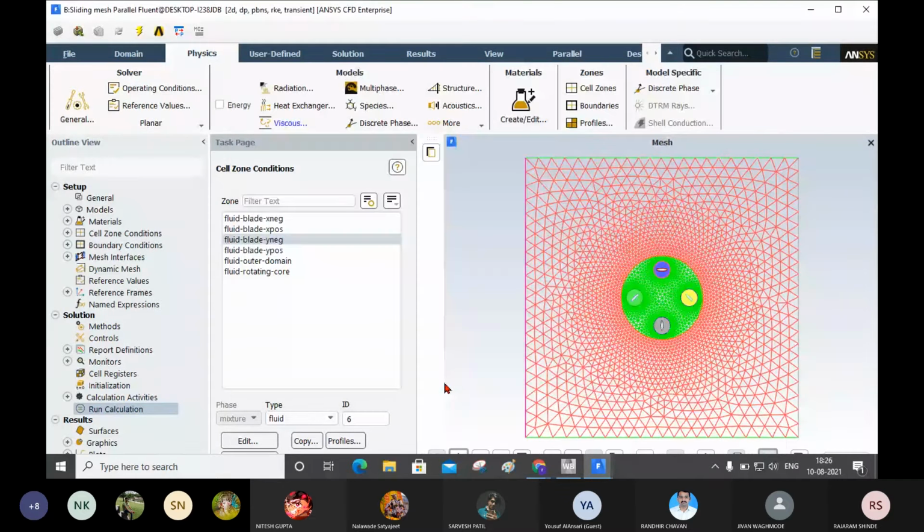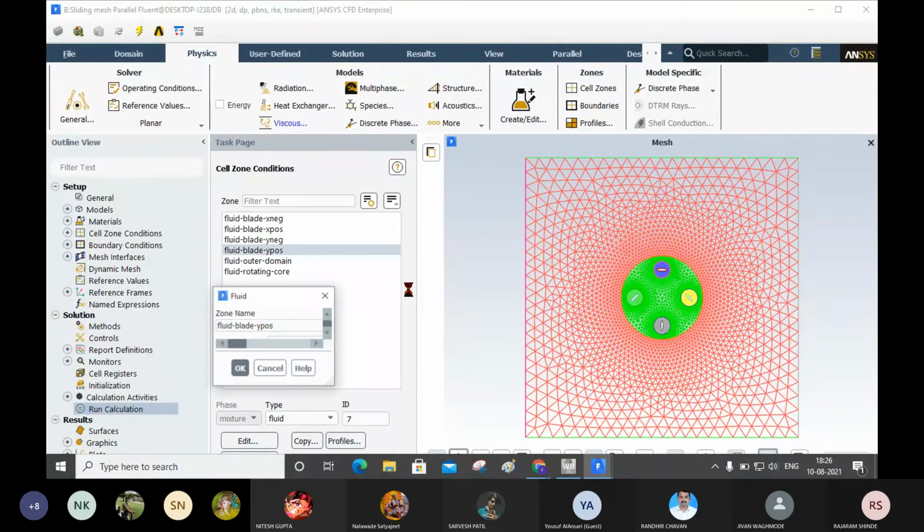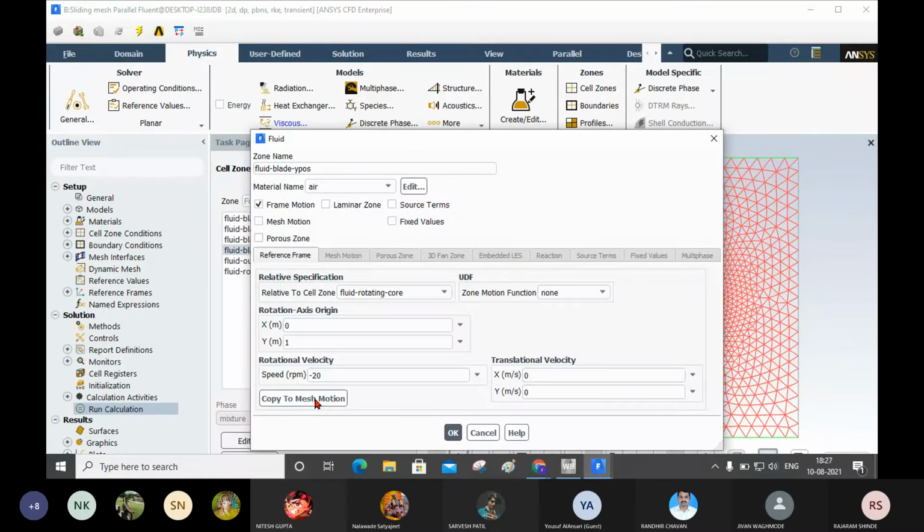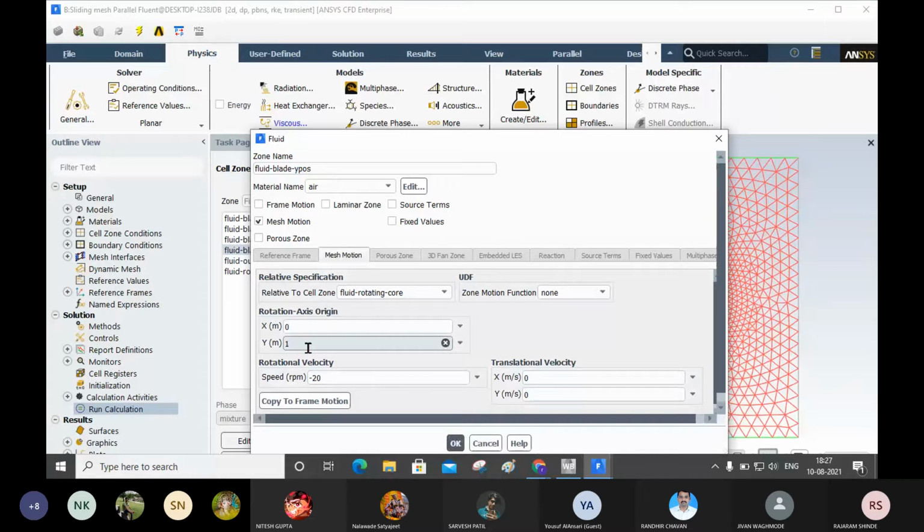After that you go to the fluid blade positive, click on the edit button. Now next one, you select copy to the mesh motion, same thing, it is a Y positive, so click the OK button.